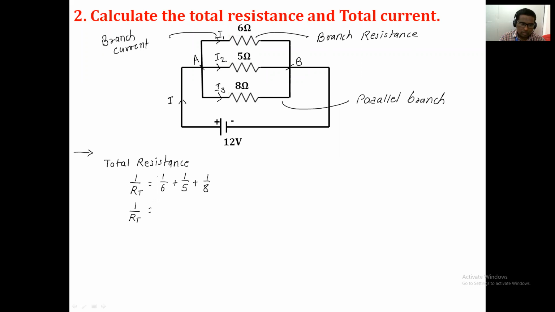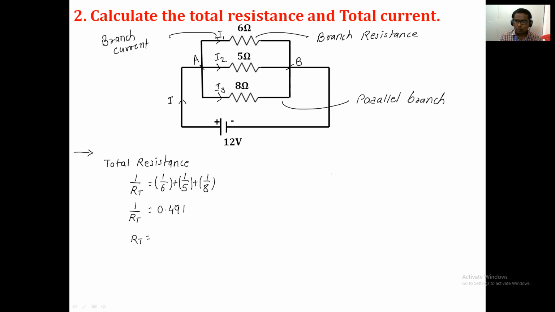Now, I will give you a hint. Take a bracket, type 1 divided by 6, bracket complete, plus another bracket, type 1 divided by 5, type it as it is with the bracket in the calculator, and just press the equal sign. Give me that answer. 0.491. All of you please check and do that individual calculation. Now, this is the reciprocal of total resistance, but I want the total resistance, so take the reciprocal of this answer.